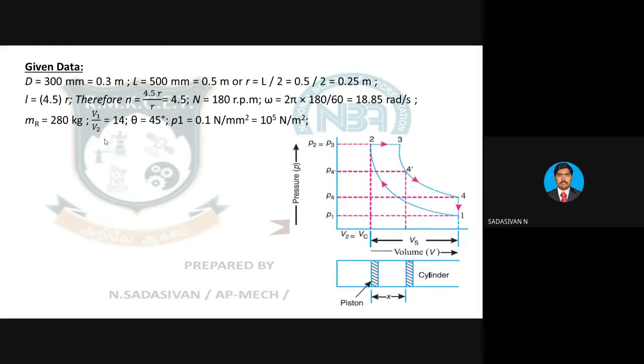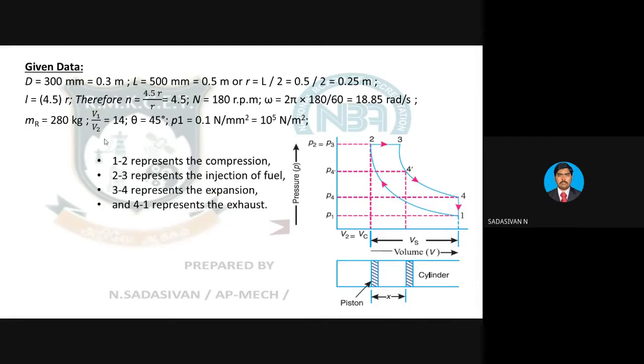I'm going to take this PV diagram and do some interpretation with it. In this particular PV diagram, just look at the points 1, 2, 3, 4. Pressure is on the y-axis, volume is on the x-axis. 1 to 2 represents compression. Just follow the PV diagram here. This is your compression. Pressure increases, coupled with the reduction in volume. Volume is on the x-axis, so volume is reducing and pressure is increasing. Then fuel injection takes place for 1/10 of the cycle.